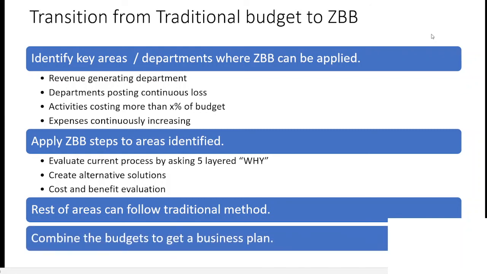And then finally, we combine the budget to get a complete business plan. In the business plan, you have already identified what options you're going to pursue, by when you need to do them, what the price would be, who would be responsible for it, and how we are going to change from our existing process to the next process. That changeover is a very, very important aspect in zero-based budgeting, because we are changing almost every year. So it keeps the organization on its toes